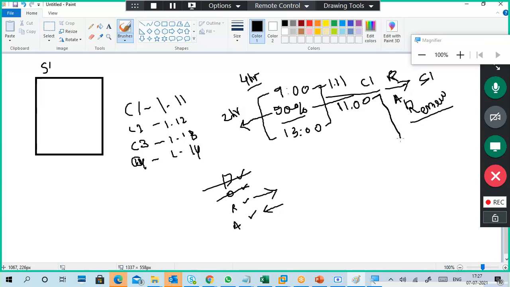Again, you will get 4 hours of lease duration. So from 11, it is 12, 13, 14, 15, at 3 o'clock the expiry will change.